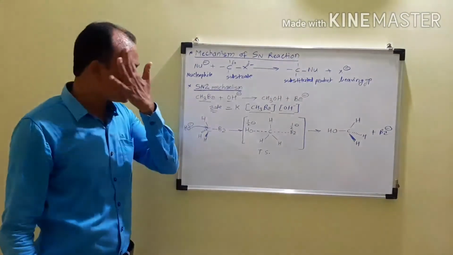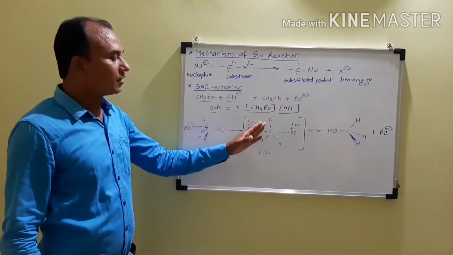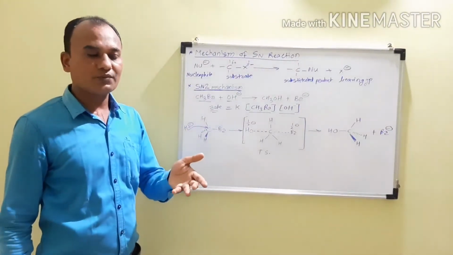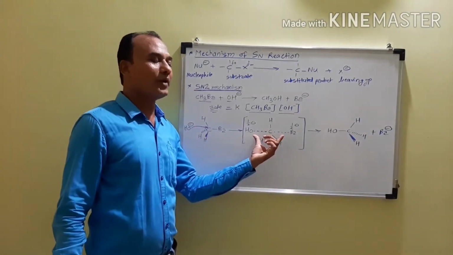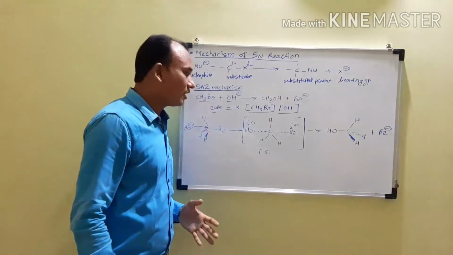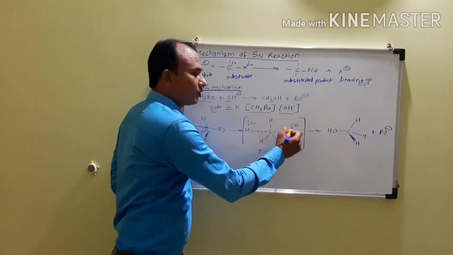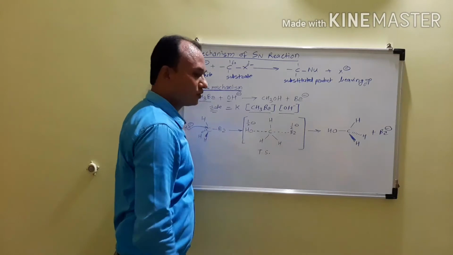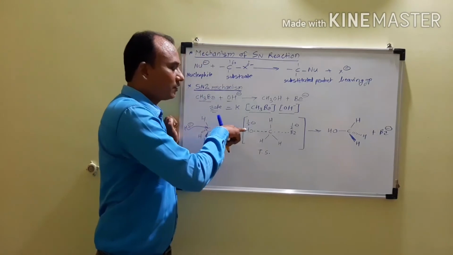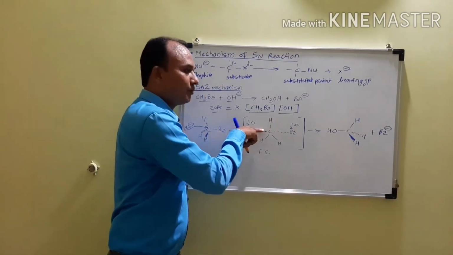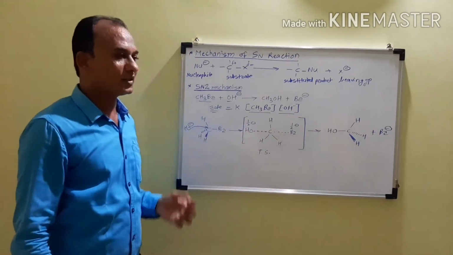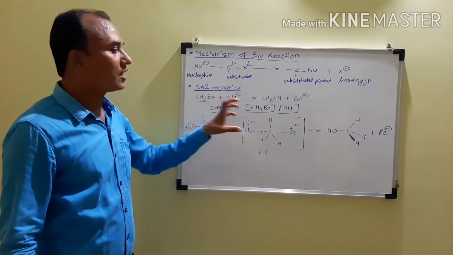So in the transition state we are getting a total of 5 bonds. Actually, what is the valency of carbon? It is 4, but in that case we are getting 5 bonds. That is, there will be a formation of a pentacovalent transition state, and because these are not fully covalent bonds, these are partial bonds, and therefore I am showing a half negative charge, because both processes, bond formation and bond breaking, are taking place simultaneously. So in the transition state we are getting such a pentavalent or pentacovalent transition state.